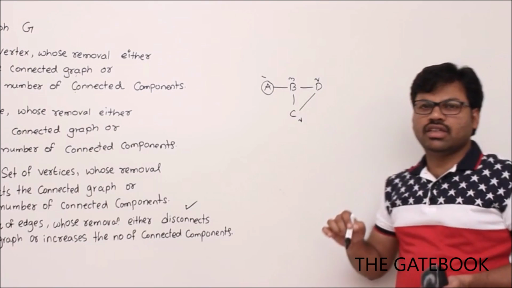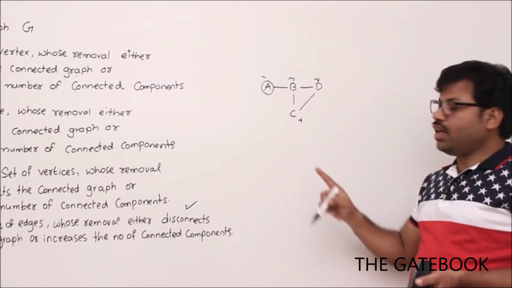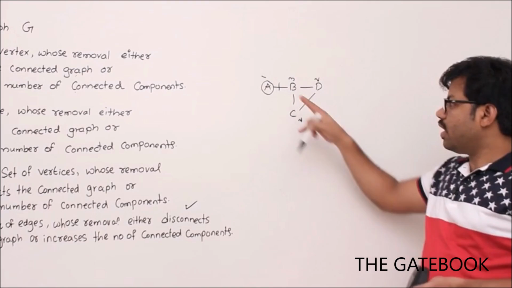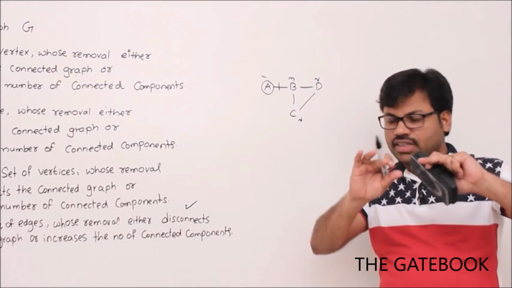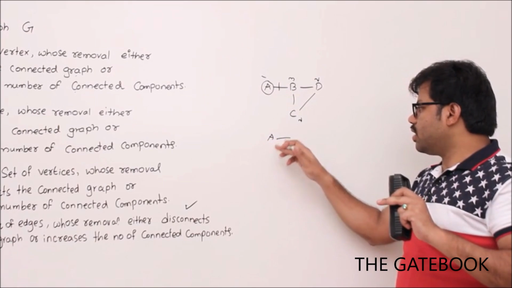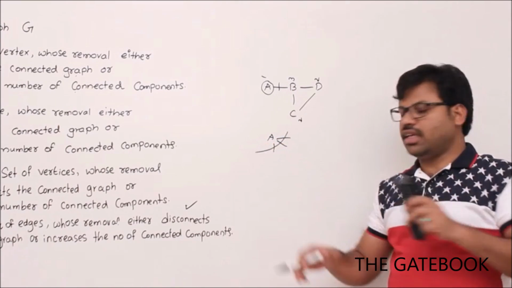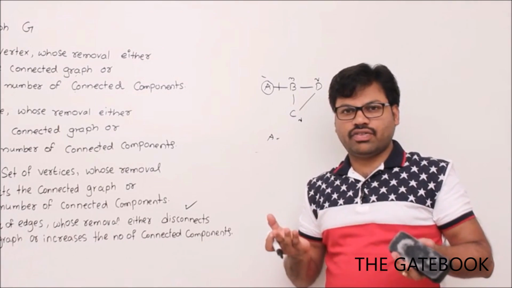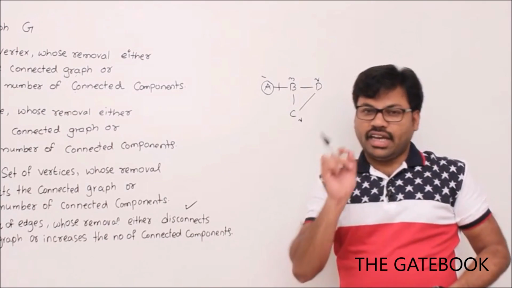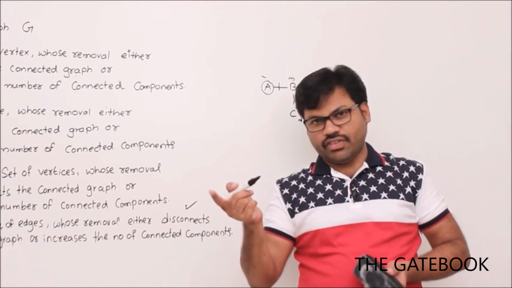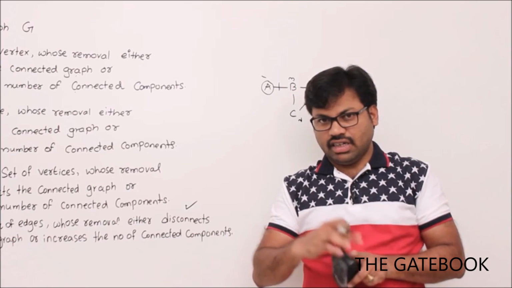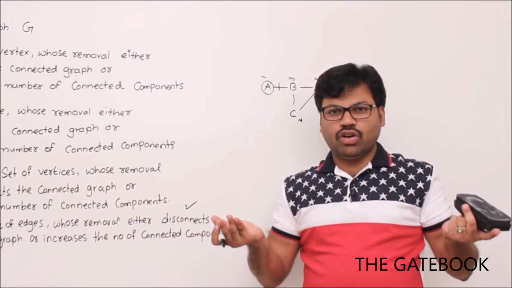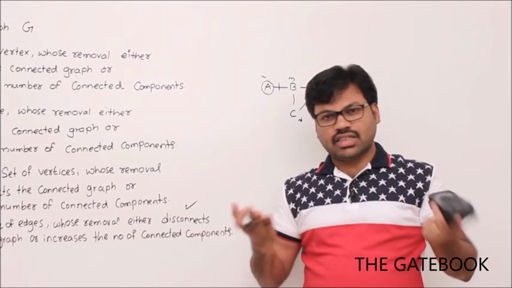What I want to say is, if a graph has a minimum degree, go to that vertex and remove all its corresponding edges. Then you are removing all the connections of that vertex, right? That means if you remove all its edges, that vertex will be separated from the others. Then you are disconnecting the graph. So how many edges will you be removing? Exactly equal to the minimum degree. Are you not disconnecting the graph?